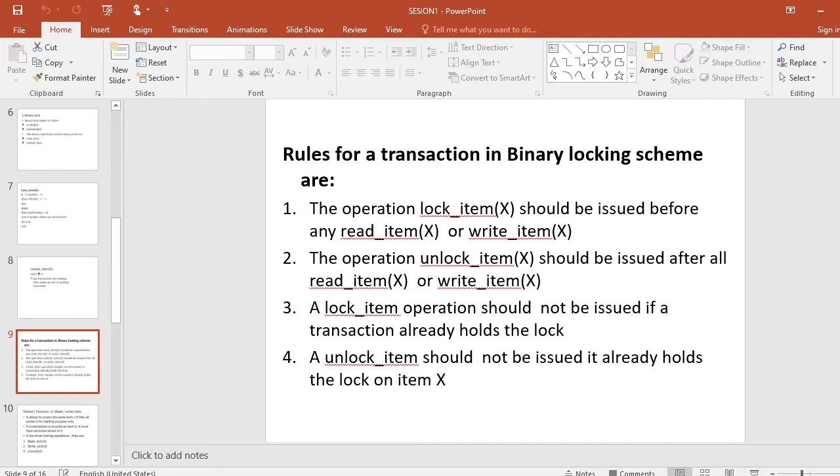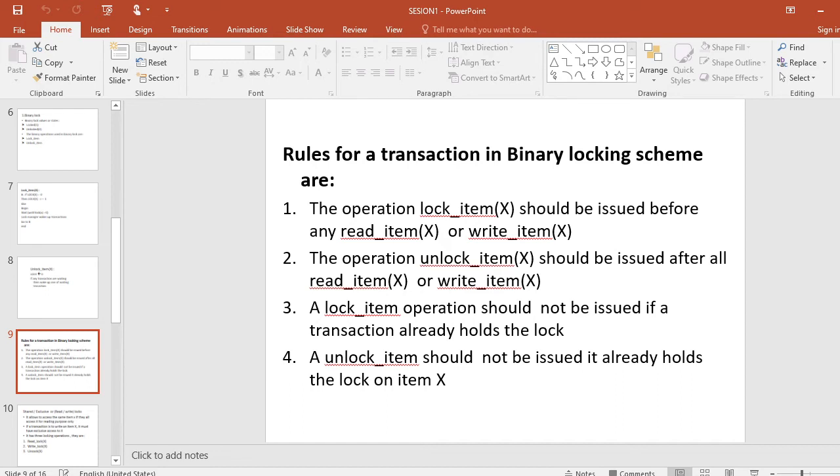The second rule: the operation unlock item X should be issued after all read item X and write item X operations are completed in T. The third rule: a lock item operation should not be issued if the transaction already holds the lock on item X. The fourth rule: an unlock item X should not be issued unless it already holds the lock on item X. So, between the lock item X and unlock item X operations in transaction T, T is said to hold the lock on item X. At most, one transaction can hold the lock on a particular item.